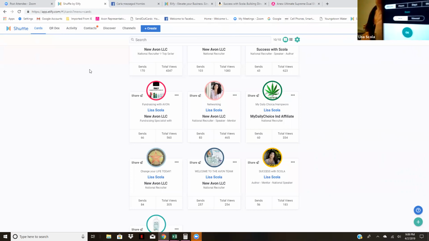You see that second button says viewed? I want it to tell me 15 minutes after they view this card, it's going to send me a notification that Amy viewed my card. So now I know I can follow up. So if you have leads that you're following up with your company, and you're sending them your card to try to get them signed up, that's the perfect opportunity to say, I want to know 15 minutes from the time this is viewed. Now you know they've looked at it,